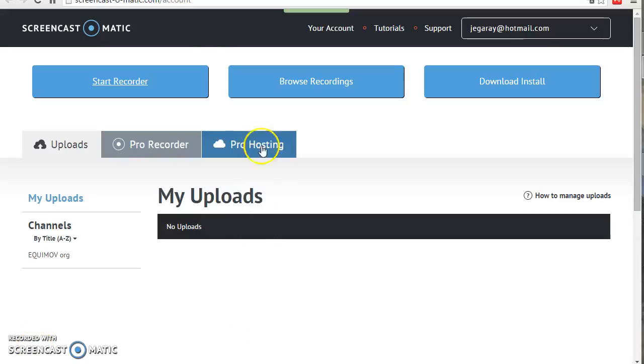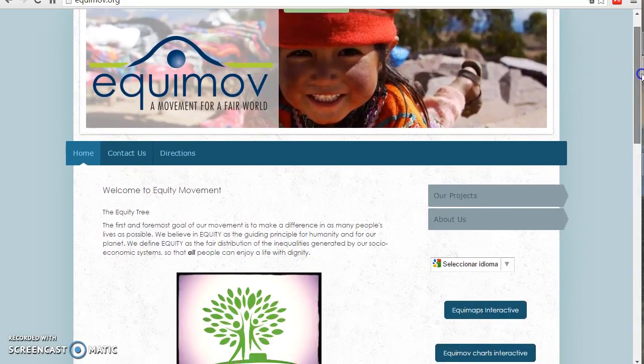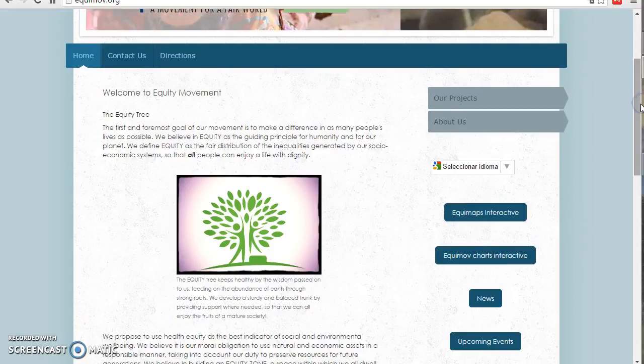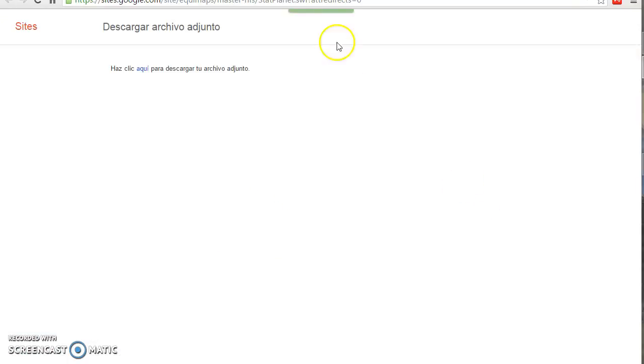Hello friends, let's now surf through our equimaps webpage and see how in the equimaps interactive tool we can analyze the sustainability dimensions of sustainable health equity. So if you click on equimaps interactive and you click here on this interface